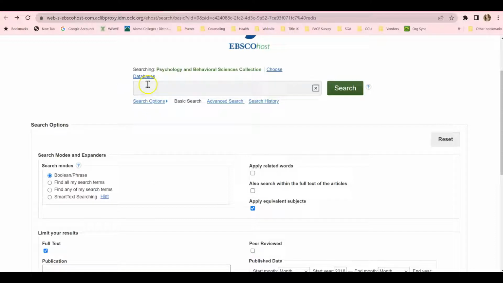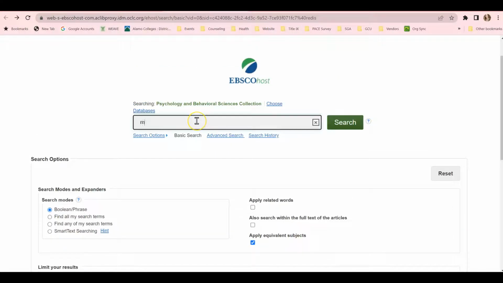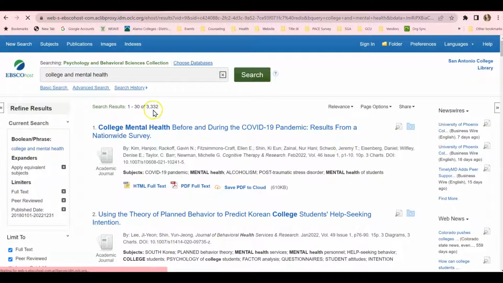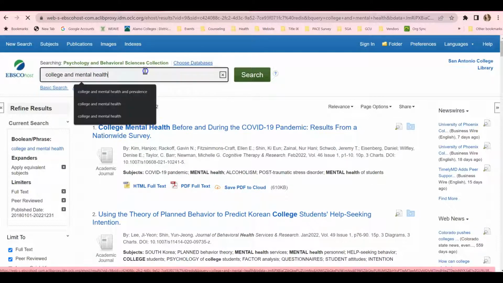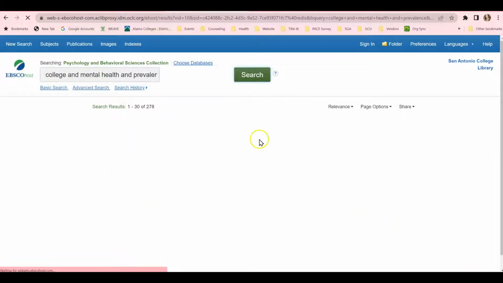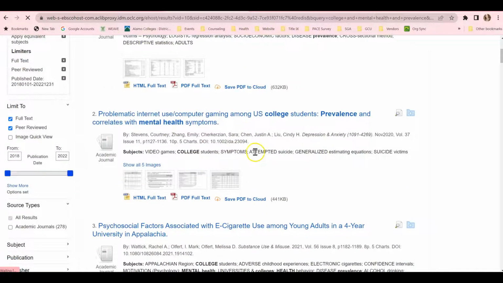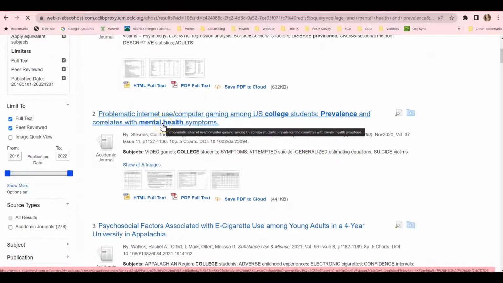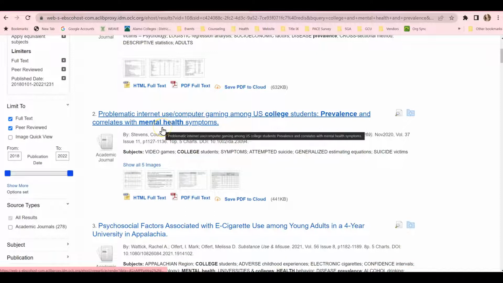So you want to get here. This is where you would put your search terms. So just as an example, I'm going to put college and mental health and hit search. There's over 3,000 articles. And then so I'm going to narrow it down and hit prevalence and search. And so here is an article that you might want to look at just as an example of an easier